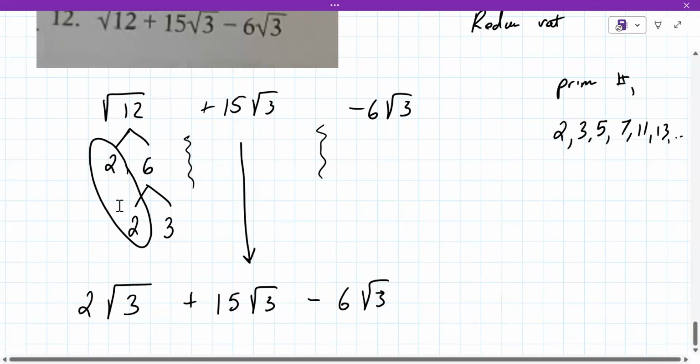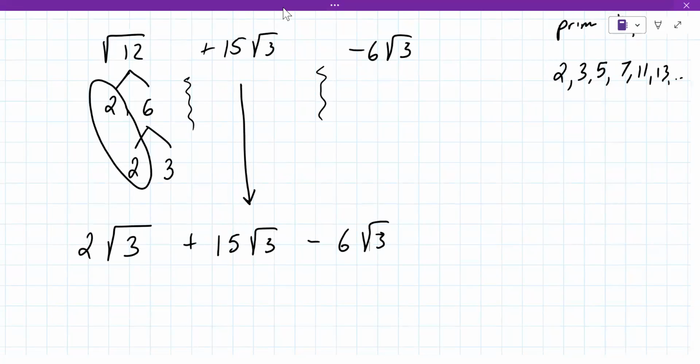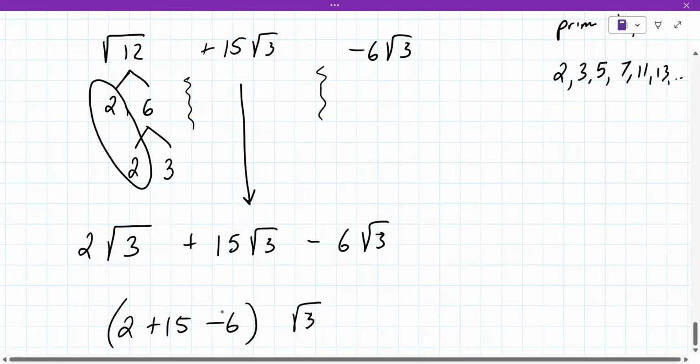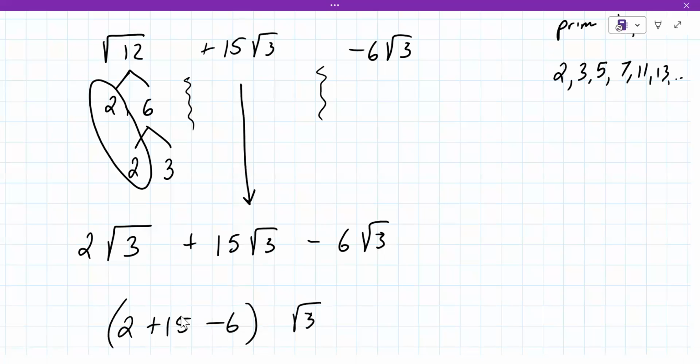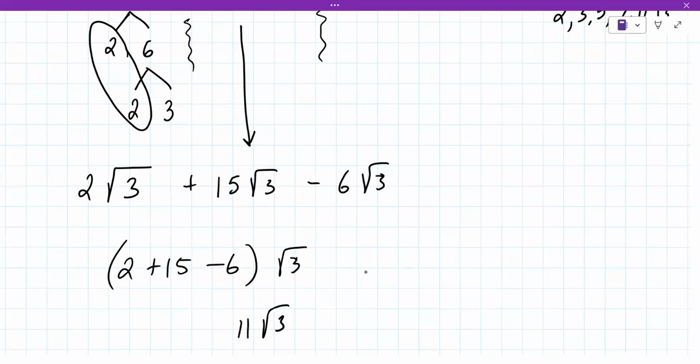Now, do you see that these all have a square root of 3 in them? Yes. Okay, so your answer is square root of 3 here, but we have to figure out what goes next to it. 2 plus 15 minus 6. What does that become? 11. It is 11. There is your final answer. Okay, now, I'm gonna go ahead and stop here, but I'm gonna make a comment, that because I